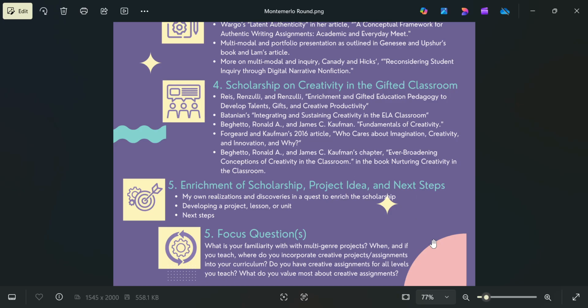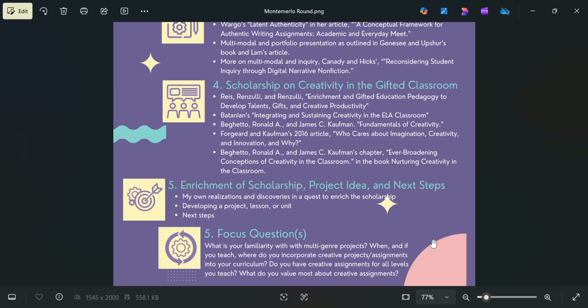So this week I focused on looking for more scholarship on my practice-based question, this idea of incorporating more creativity into the honors classroom. The first article was entitled Enrichment in Gifted Education: Pedagogy to Develop Talents, Gifts, and Creative Productivity. This was a paper by Rice and Razzulli and discusses the critical role of fostering talents, gifts, and, I loved this phrase, creative productivity in all students, not just gifted students.